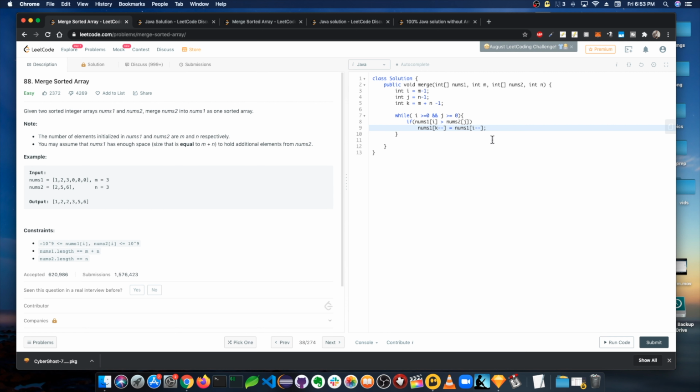Then we're going to have an else condition, and that else condition is going to account for if nums1[i] is less than nums2[j], right? So we're going to take that nums1, and we're still going to do that k minus minus, because all you're doing is merging these elements into this whole array,